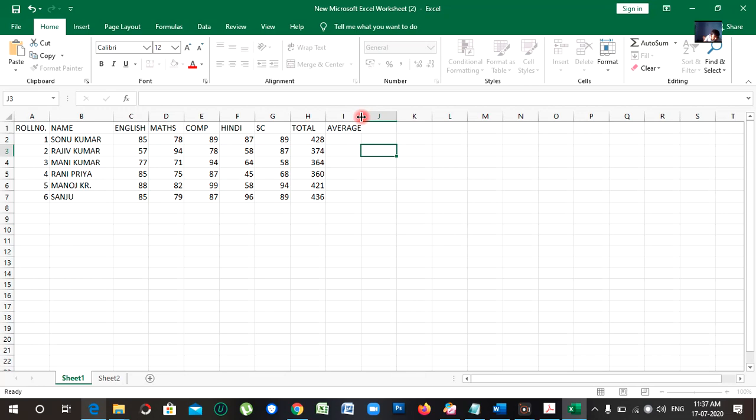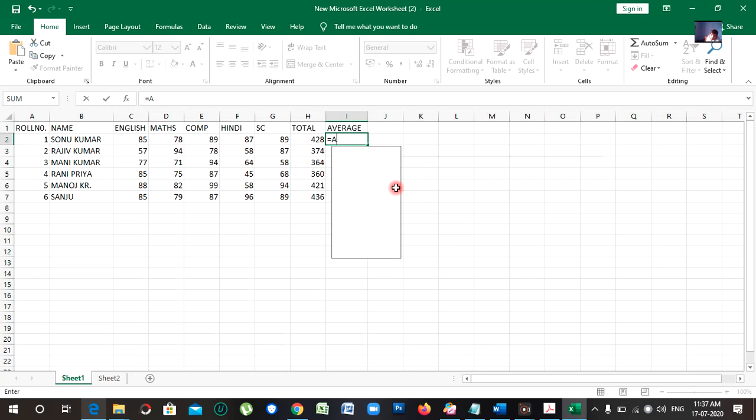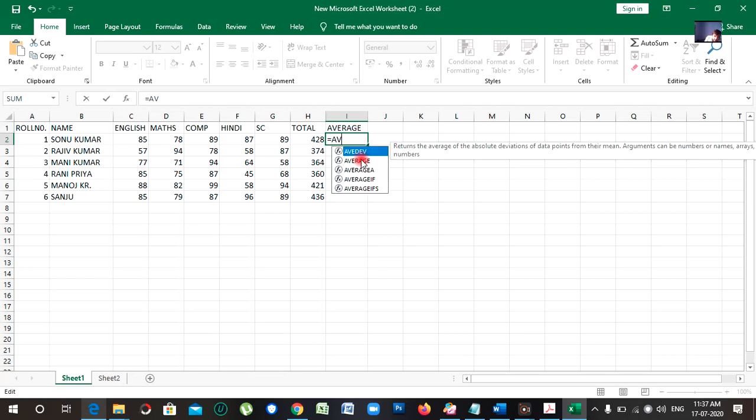Equal to sign and average. We can select from here. The network is slow so it is not showing the average, and we can select up here also. Now the network is slow. See here, average is given here.